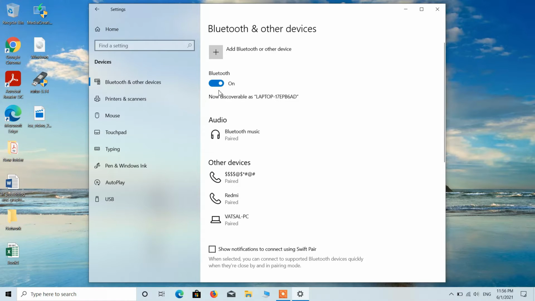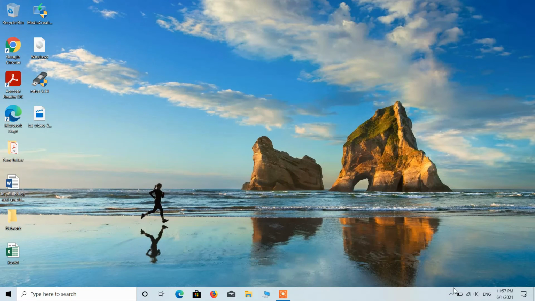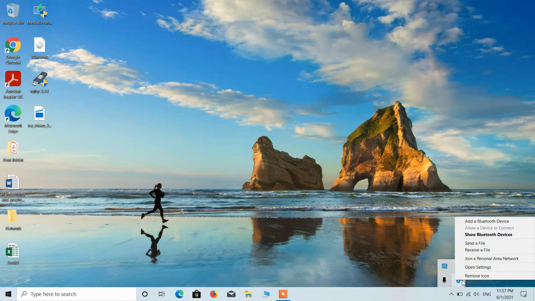So just toggle this on, and now you can see that the Bluetooth icon is appearing in the taskbar. And you can just right click over it and just send or receive a file using these options.